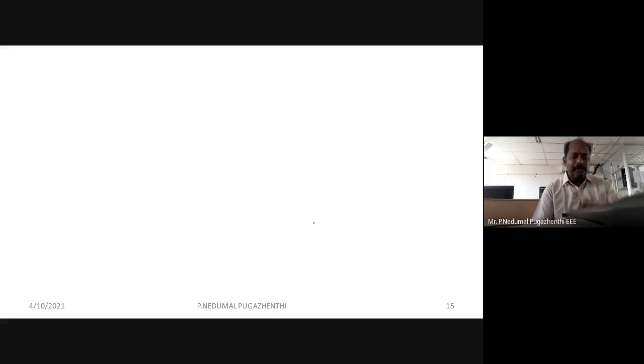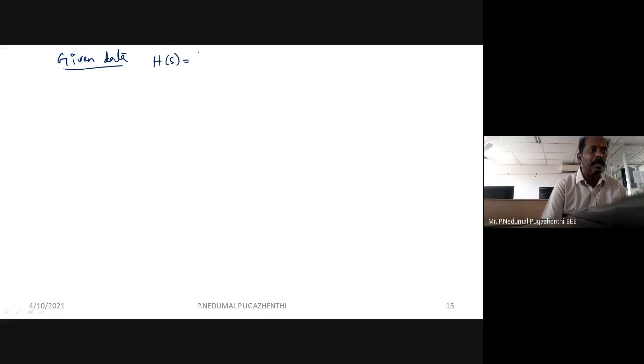Okay, right? So let me write the given data. Help me in that. Can you say what is the value of feedback? H of s is what? From the data of the problem: unity feedback. So unity feedback, in the sense, H of s is 1. Please answer the questions. And your open loop transfer function G of s is provided by 10K divided by s into (1 plus 0.1s). So this is the open loop transfer function.